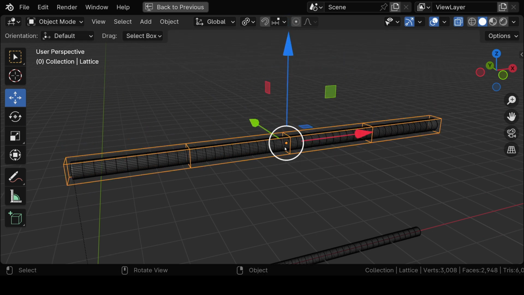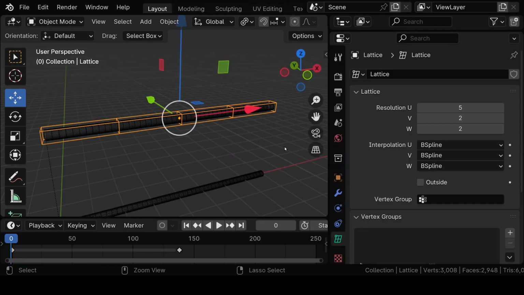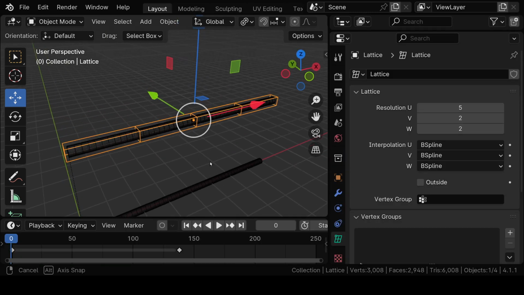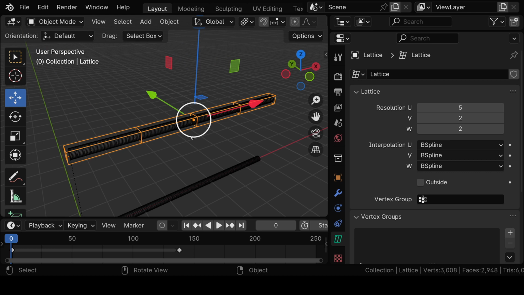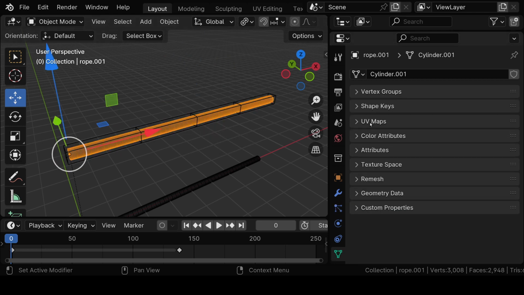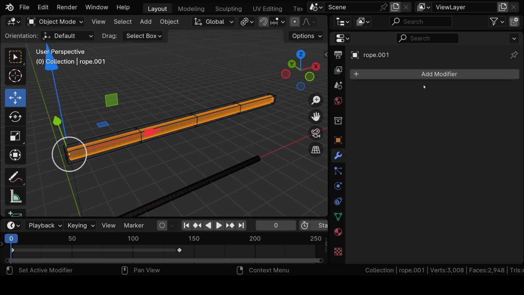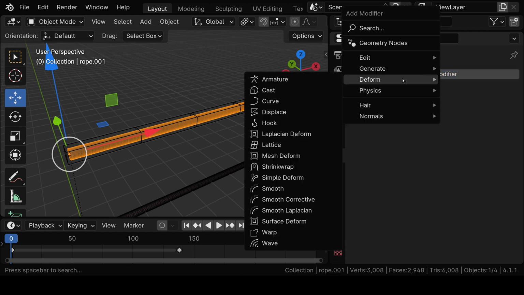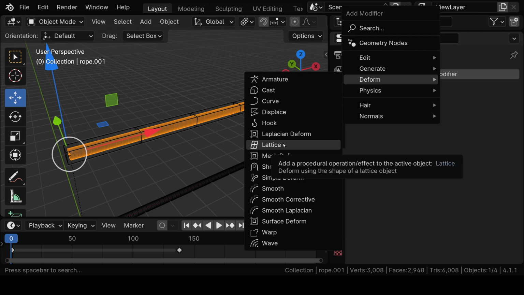This object is separate. They are behaving as if they are not at all like husband and wife. They are not a couple. So now this lattice is going to become the husband and control this wife, who is a mesh. Now I will select this object, the wife, and go to modifier, deform,